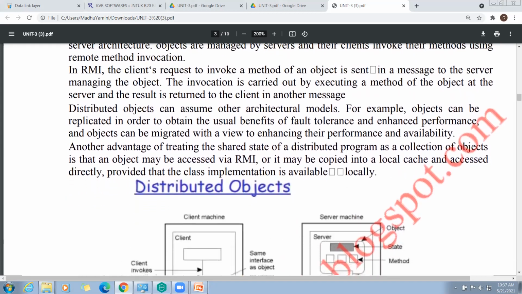See here the points. In remote method invocation, the client's request to invoke a method of an object is sent in a message to the server. The client sends a message to the server to access the object.